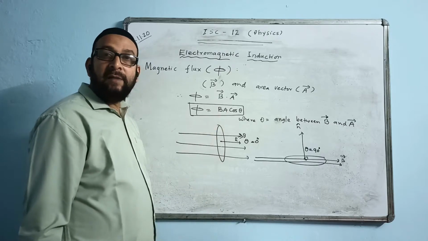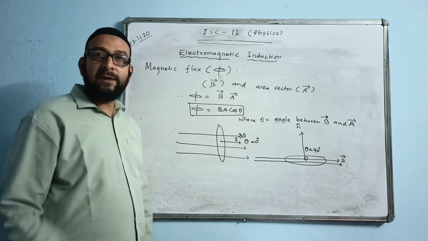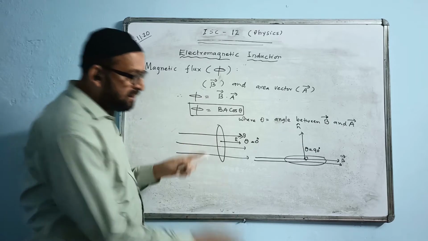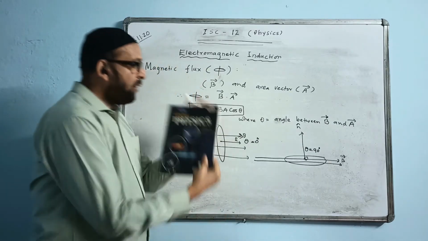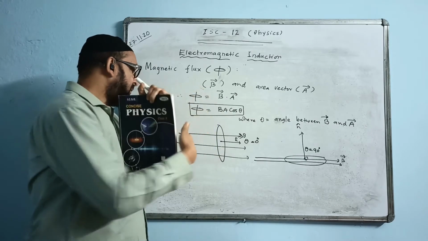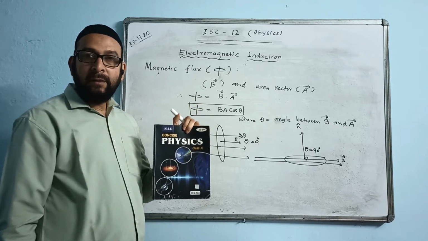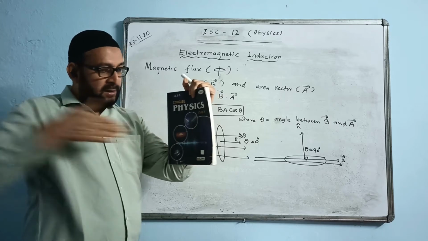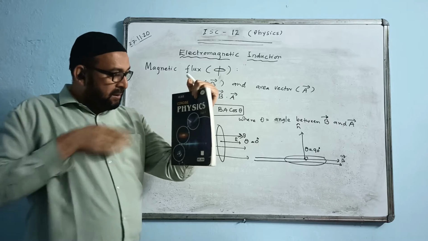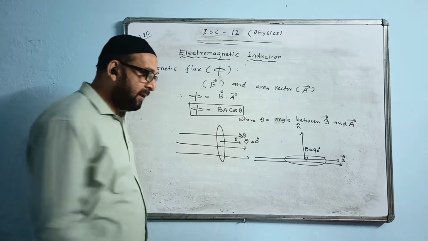Area vector, remember it. Even the torque when we formed, we expressed in terms of sin theta. Theta was the same angle with the area vector. Suppose the coil is like this. This is the coil. You have to draw normal perpendicular to this one. Perpendicular will come like this, or it will come this way. So with this and the magnetic field, whatever is the angle, that angle you take. If the coil turns, this will come like this. Now the normal will come like this, and magnetic field is going like this. So this angle we will take as the angle theta, with the area vector.